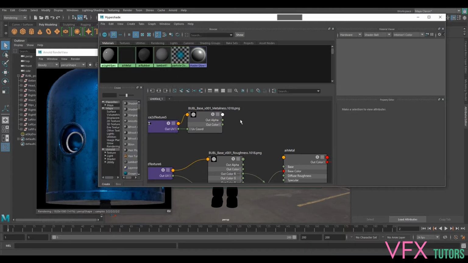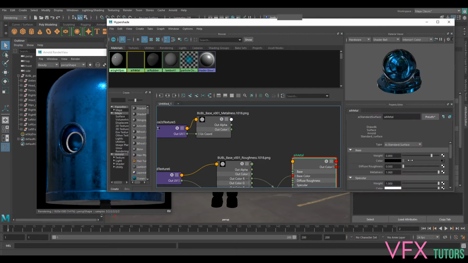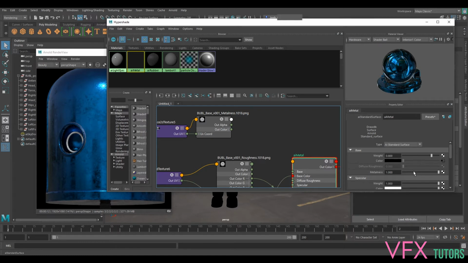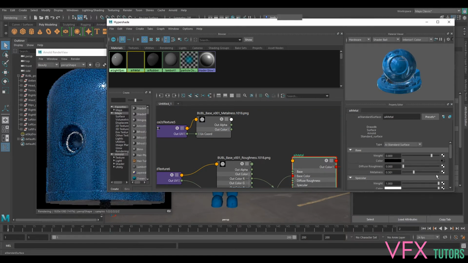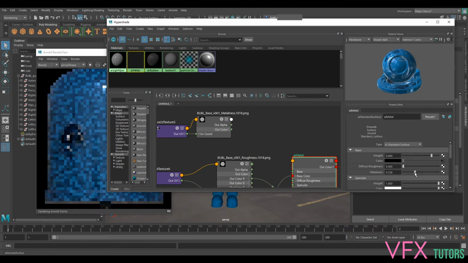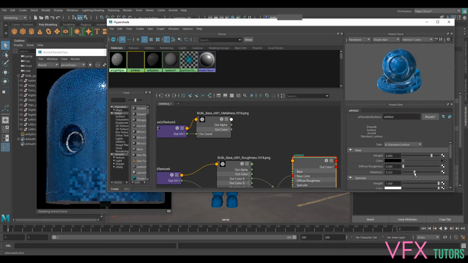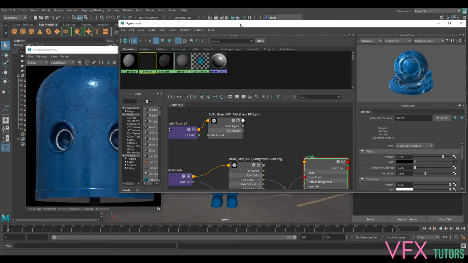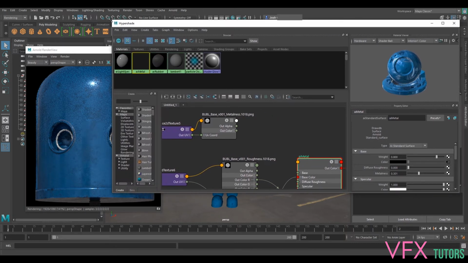Cool. Because it's kind of a metallic paint, we kind of want the metalness. Imagine, I'm trying to think of the word for it now. So you have metal, then you have rust, which is a slightly different type of material. When you hit rust, I've completely forgotten what it's called. But